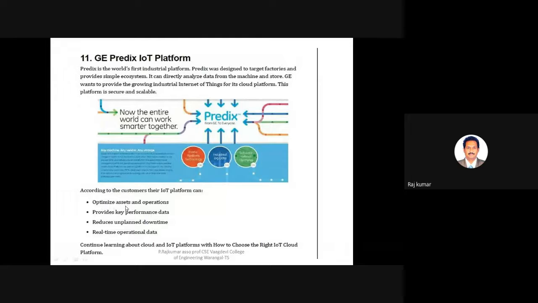So we call them assets, and the operations, etc. We can perform on this GE Predix. Next, it provides key performance data, reduces unplanned downtime, and real-time operational data. All these are the features of the GE Predix IoT platform.